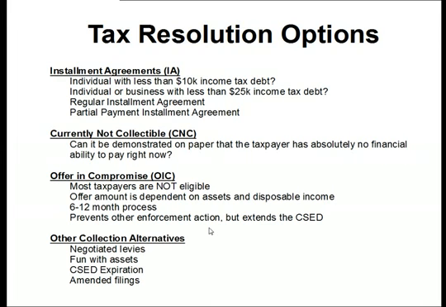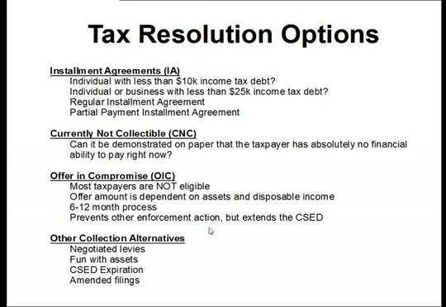There is something called a partial payment installment agreement, and the IRS doesn't like doing these, but we can get them if the financial situation warrants it, and if you've got a good negotiator working on behalf of the taxpayer. The PPIA, partial payment installment agreement, it's just that. It's a monthly payment plan where the tax liability doesn't get fully paid off before the statute of limitations expires on collection of the debt.